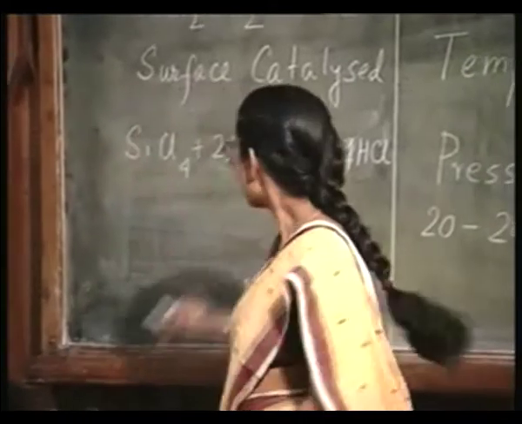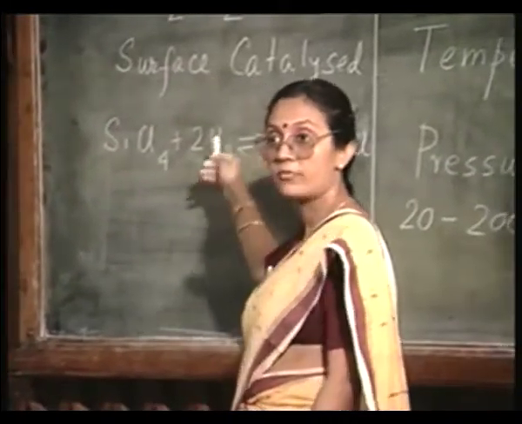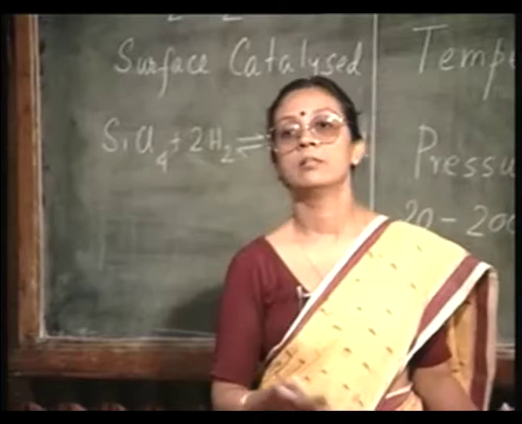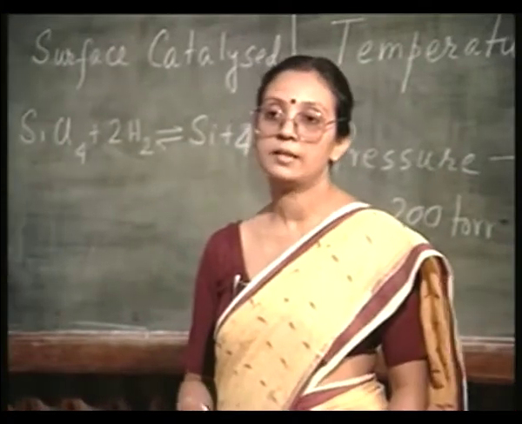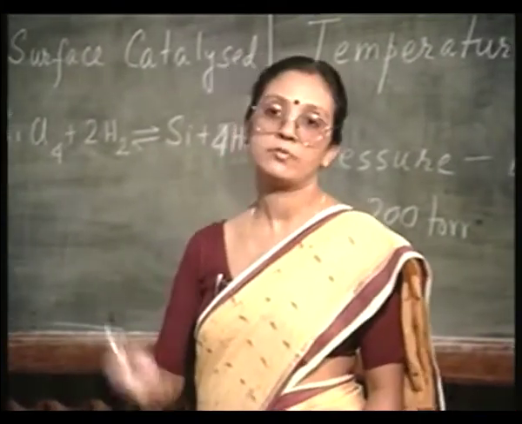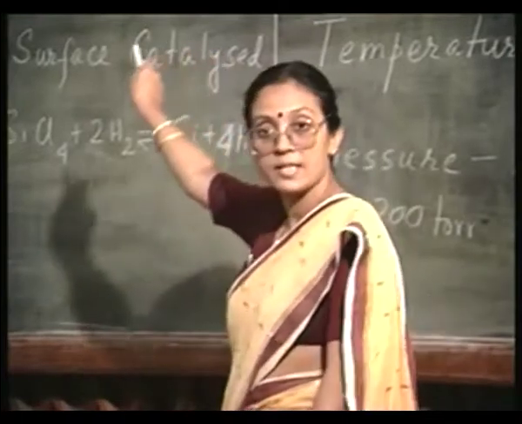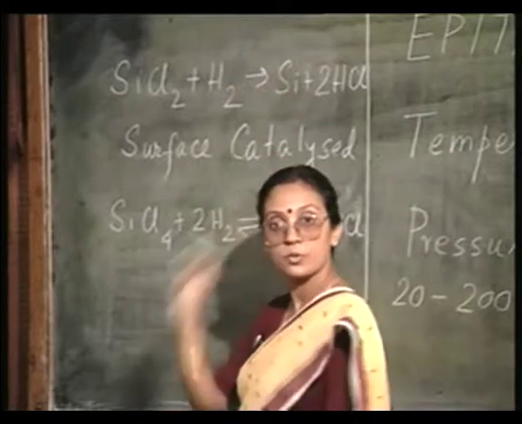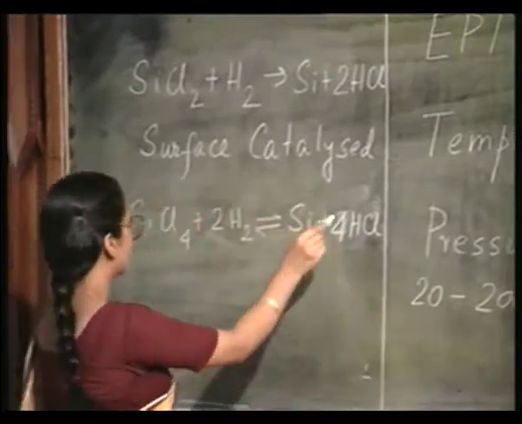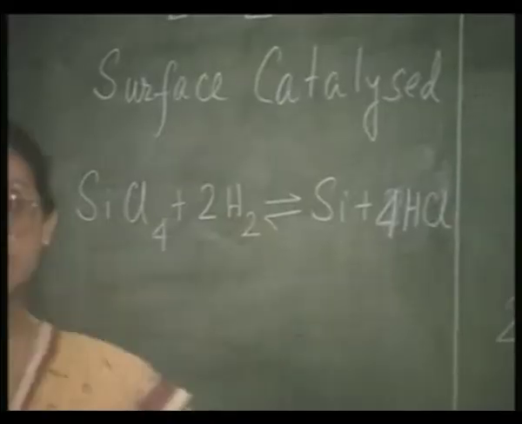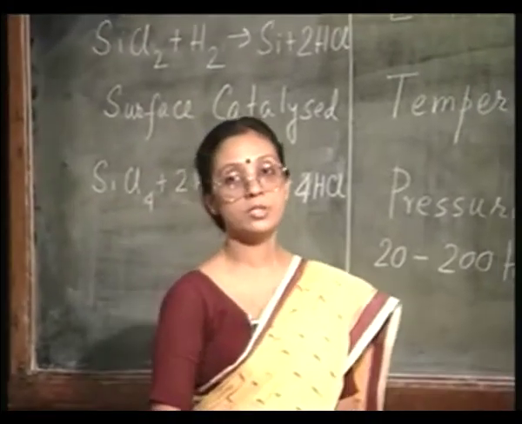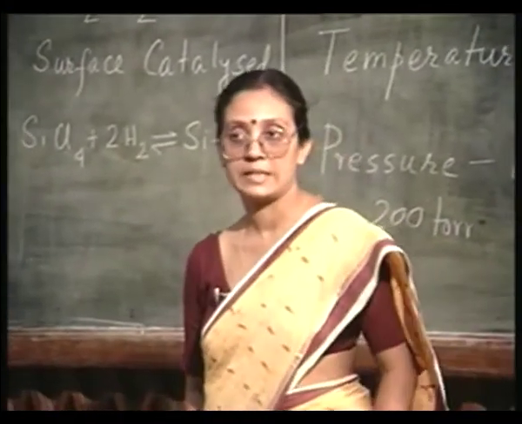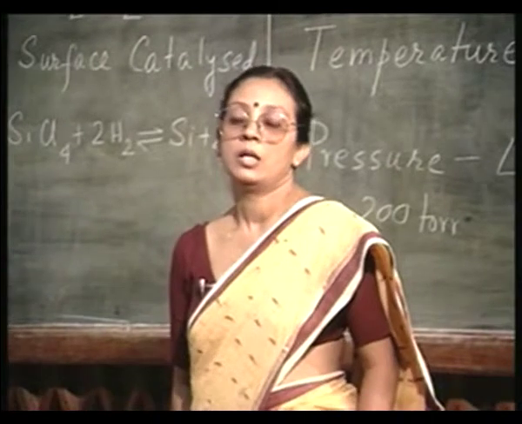Of course, this has all these sub reactions. SiCl4 first is making SiHCl3, then it is making SiH2Cl2, then from each one of these finally SiCl2 is formed, and that is adsorbed on the surface to give silicon. But the overall reaction can be written as this: SiCl4 reacting with hydrogen to give silicon and HCl. Okay. Now,